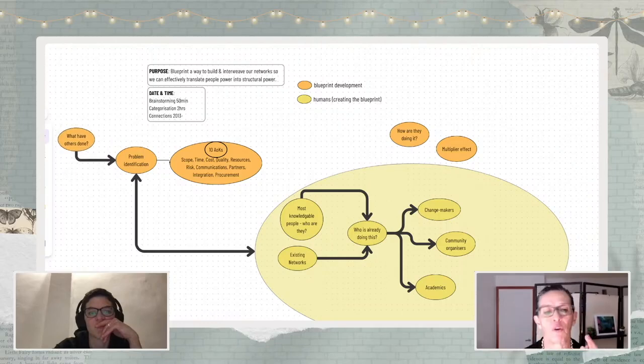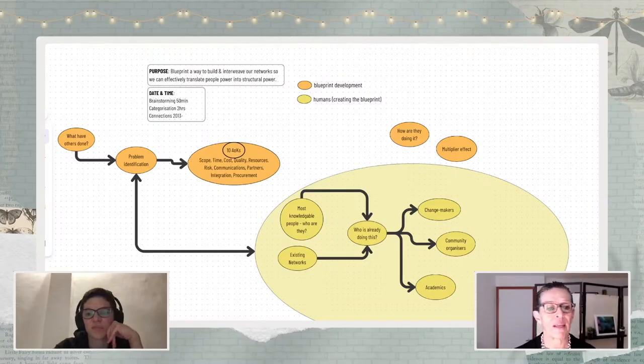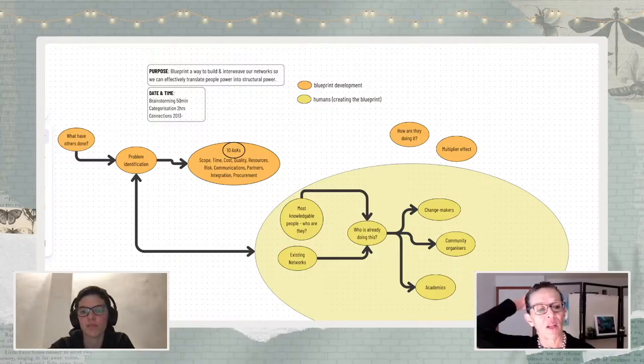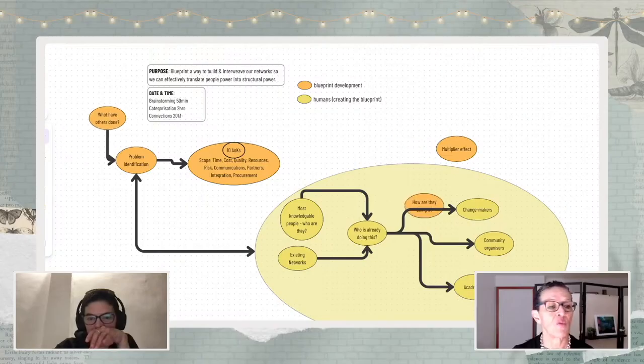Then for execution of the project, we are going to create a timeline. We are going to understand how much it will cost, if we need funding, or fundraising, and what resources will be available. So I think that could be a position for what others have done, and it would also be